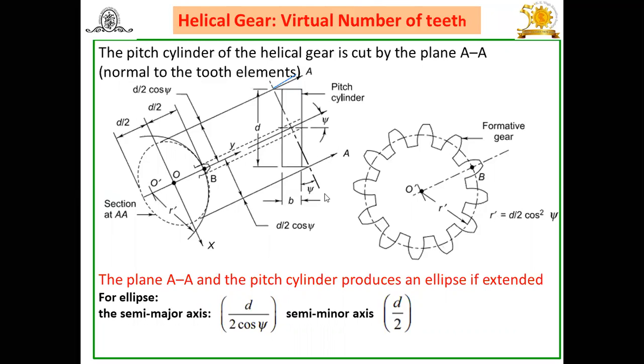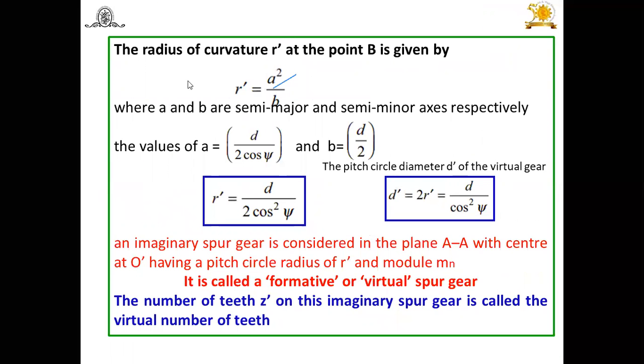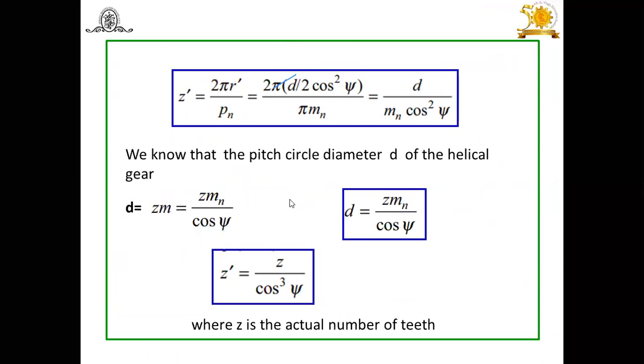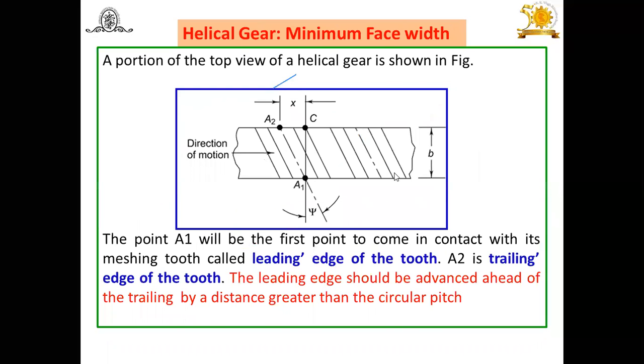If the pitch cylinder is cut by a plane, it produces an ellipse. Then what is the semi-major axis and the semi-minor axis of the ellipse, then how to find the radius of curvature, and then by using that radius of curvature, how to construct the imaginary spur gear. This imaginary spur gear is called a formative or virtual spur gear, and the number of teeth on that formative gear is known as formative teeth. How to find this? We have seen z dash is equal to z upon cos cube psi, where z is the actual number of teeth on the gear. Then we have seen the minimum face width for a proper engagement of the gear,